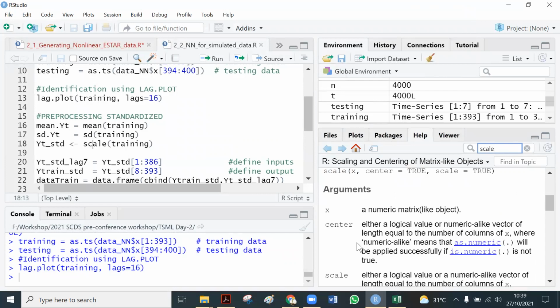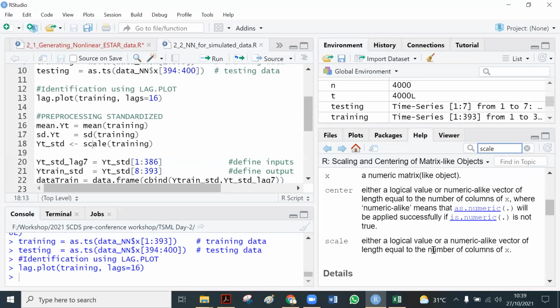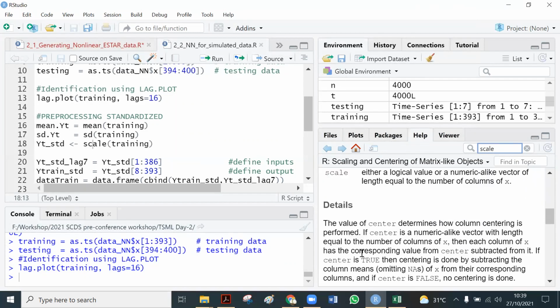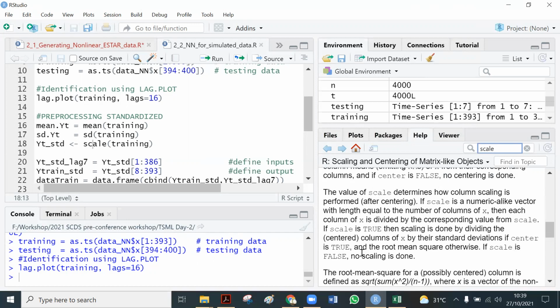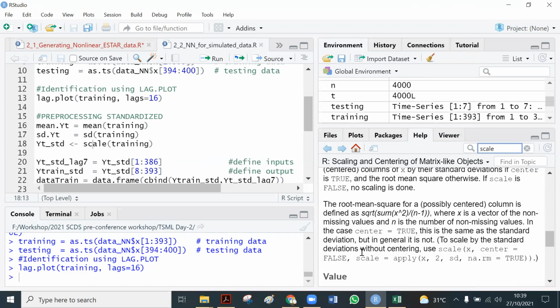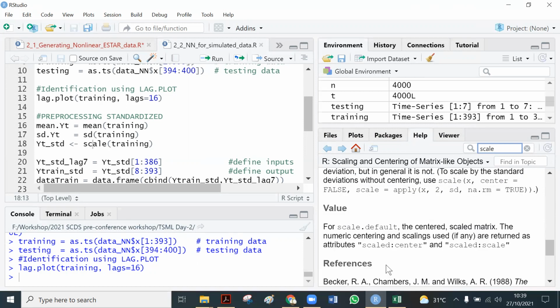So this is the center, this is scale. Scale means we need to know how it computes.